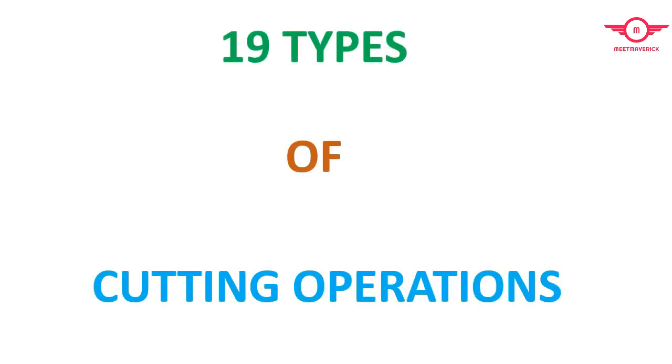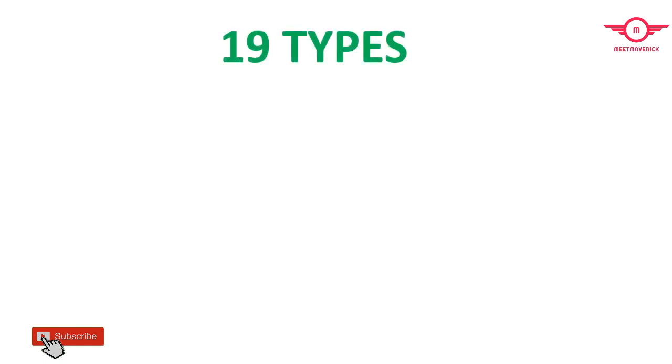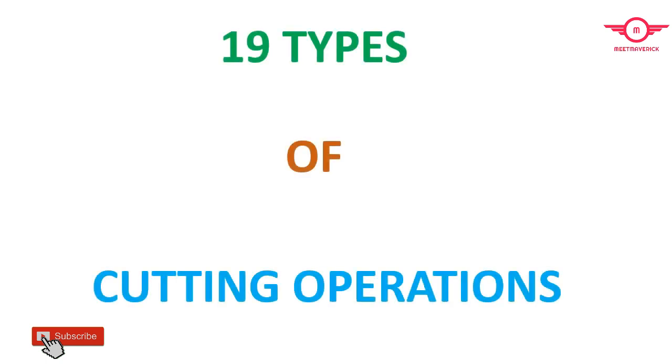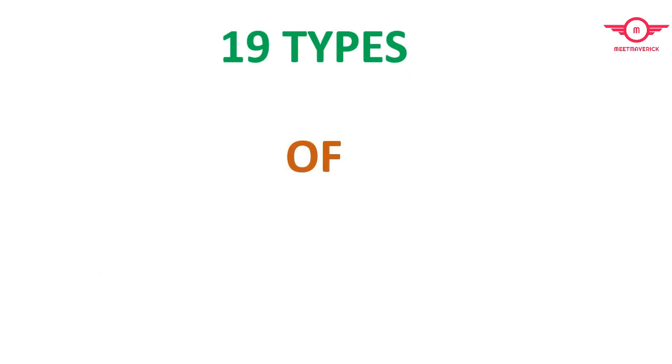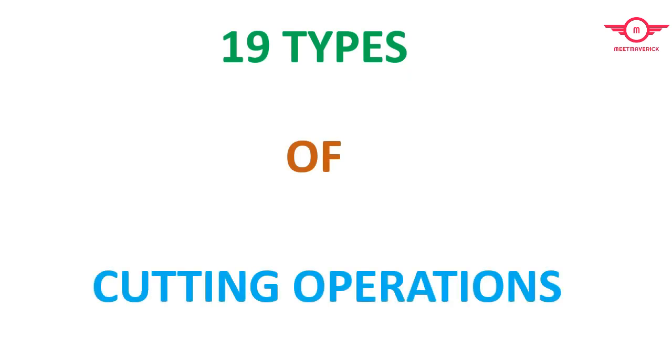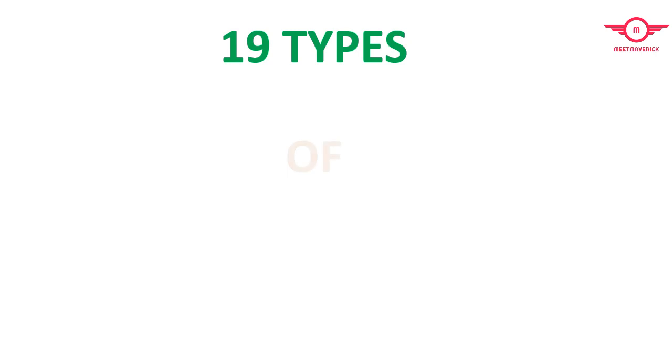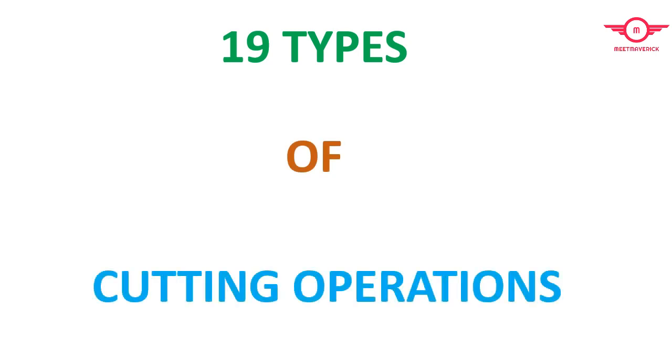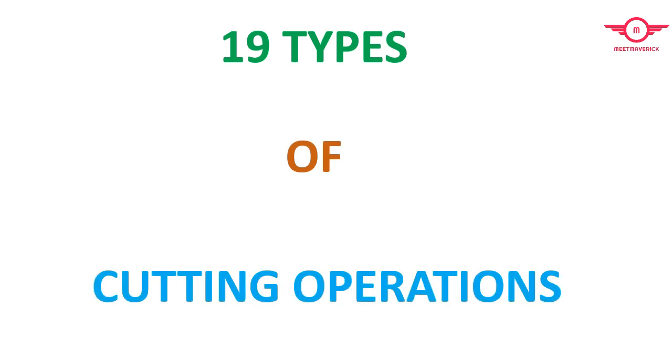Hello friends. Most of the people don't know more than 12 cutting processes because of very small differences. Today I am going to show you 19 different cutting operations in stamping. There are more than 19 operations in actual, but there is a hairline difference with other operations. In this video I will try to animate the process and explain its use. So without wasting time, let's get started.